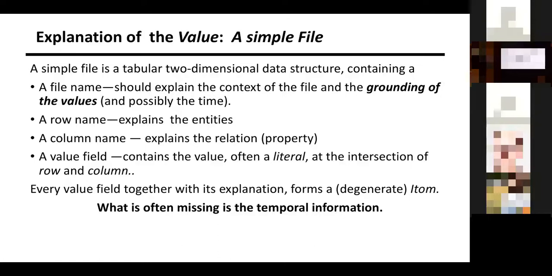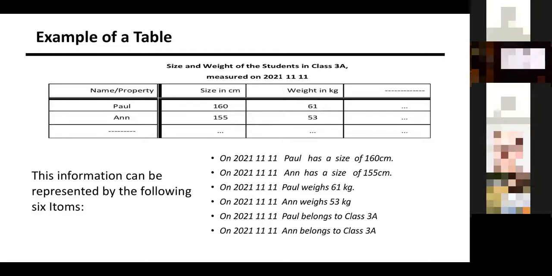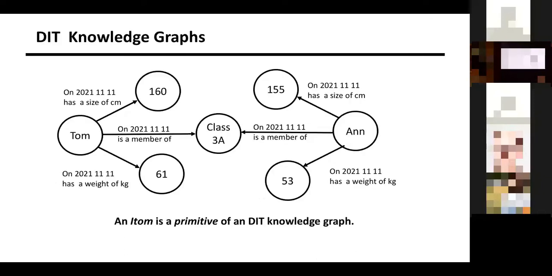What is often missing is the temporal information which is needed in the DFT model. For example, if I take this example of a simple file, the number of students, I say Paul and N, the size and weight, and then I can measure it and have the temporal information, and then the entities, Paul and N, the properties, size and weight, and the values. But I can store this in a completely different form, for example,